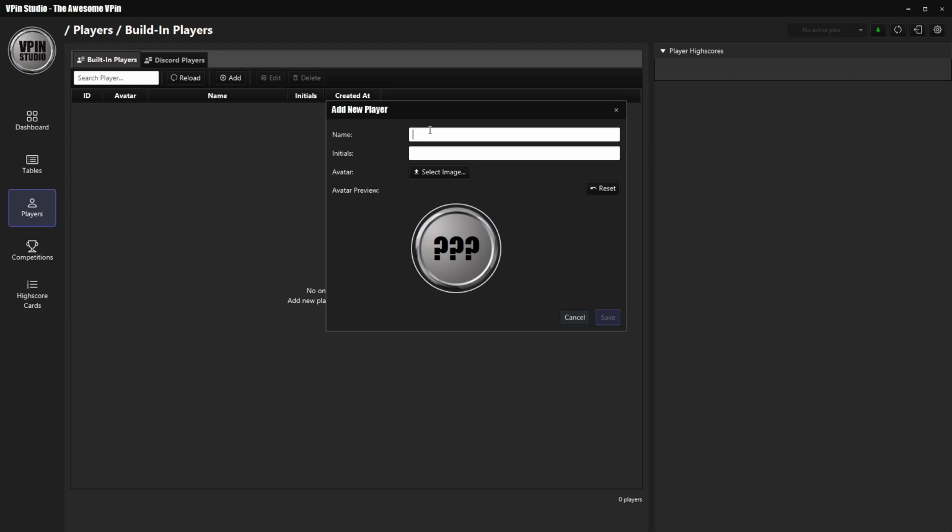We start with an example and with the initials FA. And as you can see, a badge is generated, or an avatar, whatever you want to call it. I can also, of course, select a custom image, but if I don't have one at hand, this one will be generated, and more importantly, it is generated with the initials. So these initials are the ones that you've entered for your high scores, or you will enter for your high scores. So when you press save,